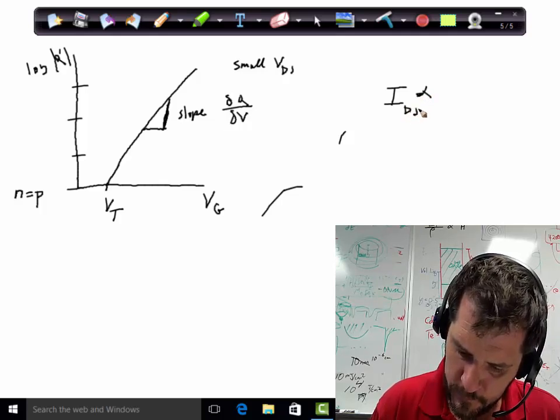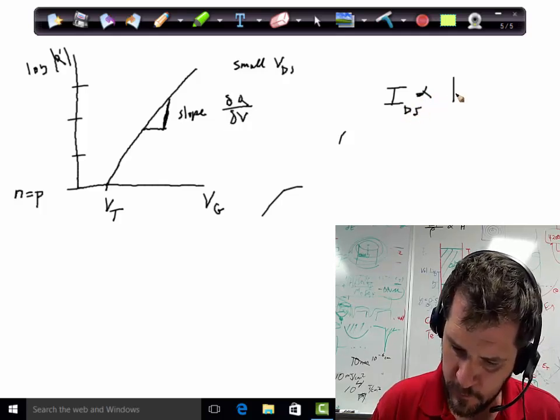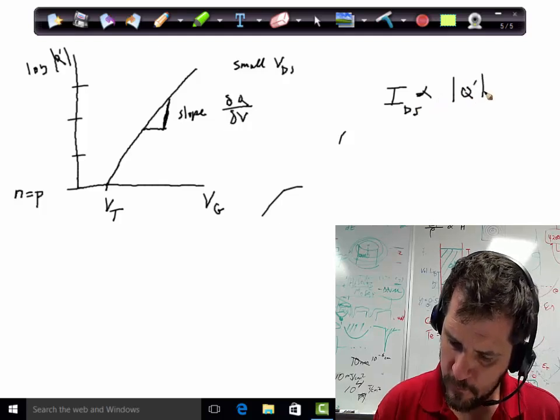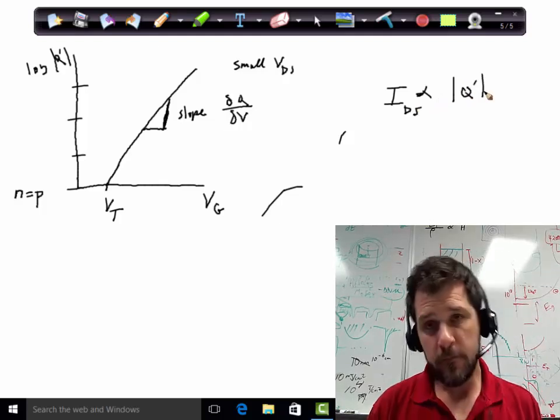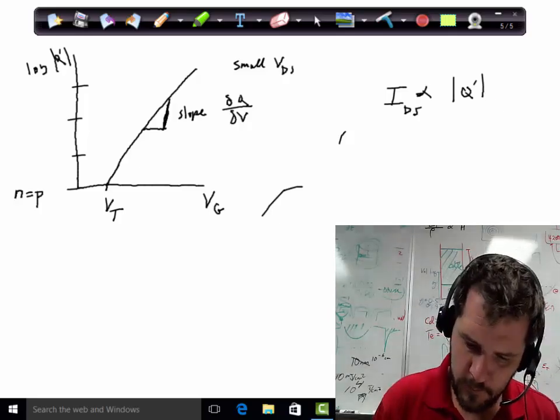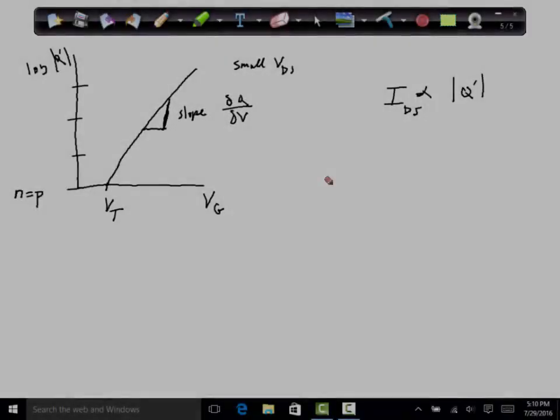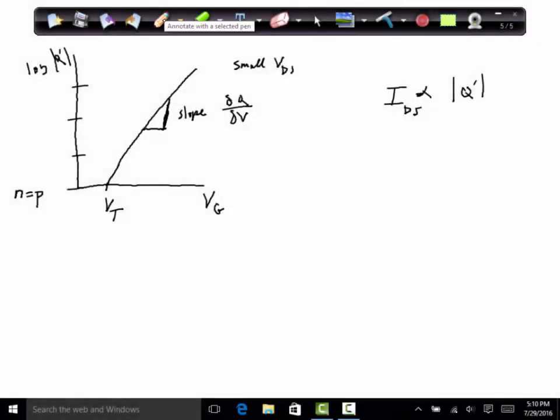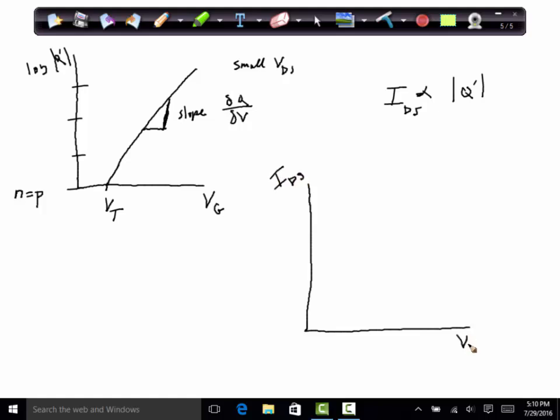The current between the source and drain is proportional to this charge, and so we can now look at a plot of the current versus drain source voltage, and then look at different curves for different gate voltages. So now we're going to plot the drain source current versus drain source voltage,